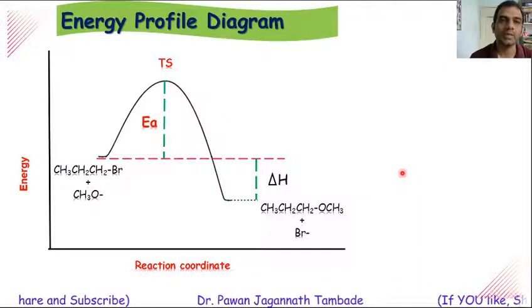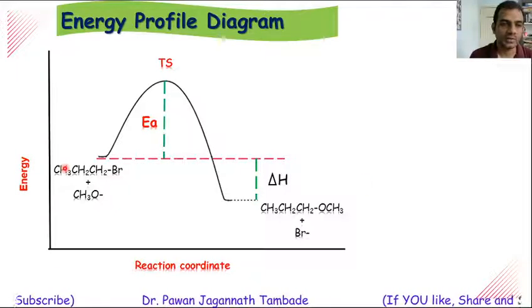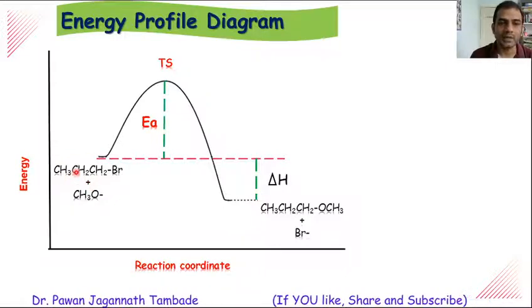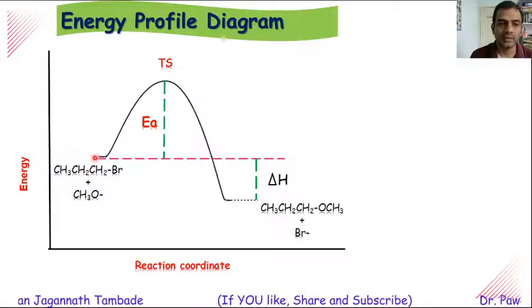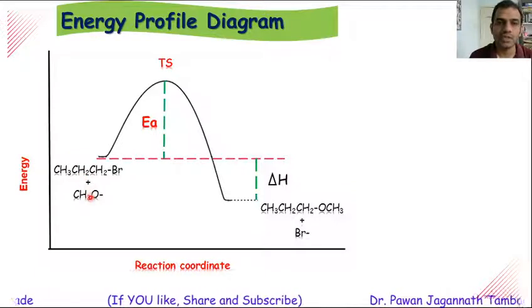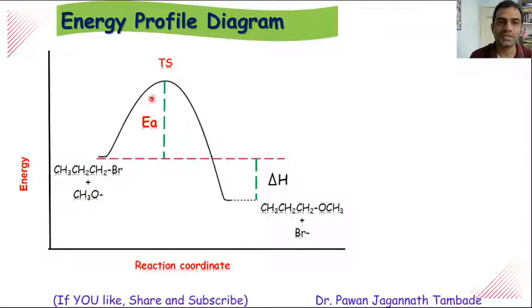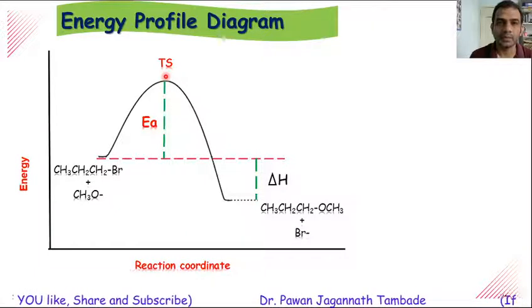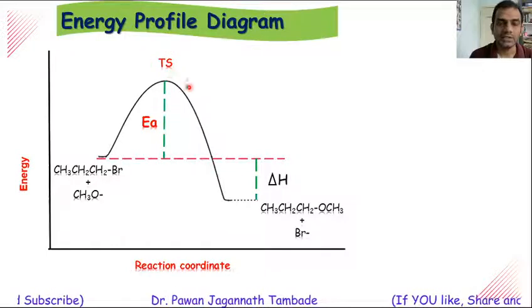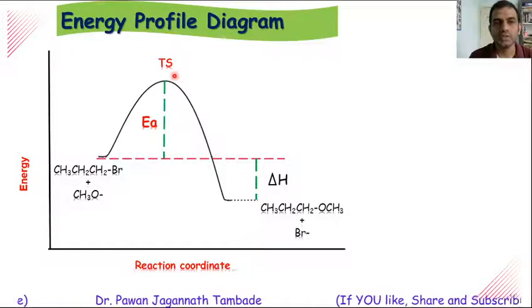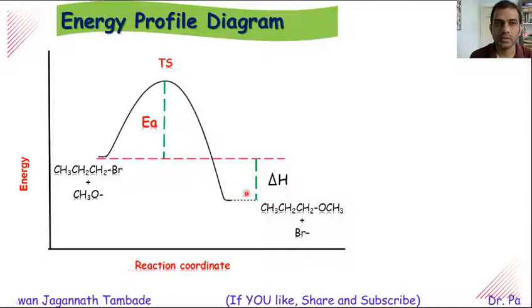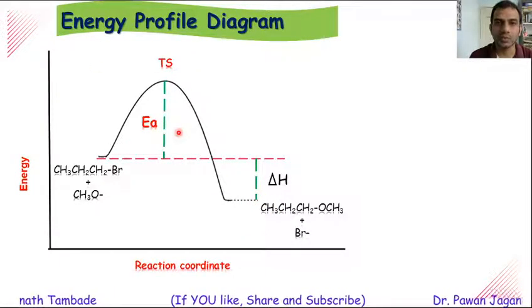So this is the energy profile diagram for SN2 reaction. Again we are considering the same reaction. This is our starting material, the alkyl halide and the nucleophile at a specific energy. When this alkyl halide and nucleophile come close to each other, the energy of reaction increases and it goes to some highest peak, which is called as transition state. And this transition state is highly unstable, so it gets converted into product. In SN2 reaction, there is as such no intermediate.